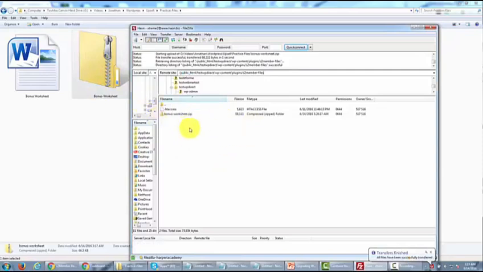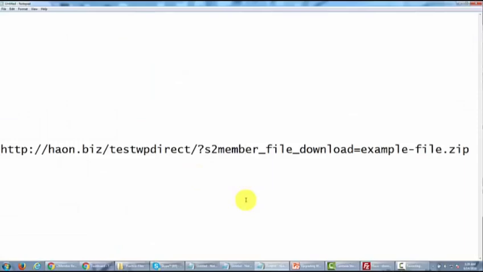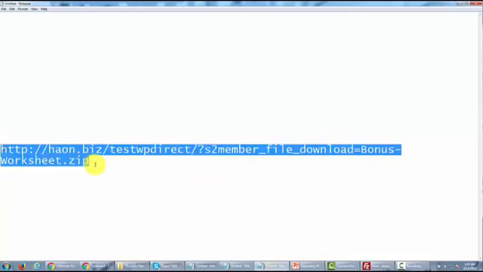And so now that folder is on our server and it's called bonus-worksheet. So now what we need to do is name this link according to the convention that we talked about a minute ago. If you recall, we said that we needed to name the file according to our URL, according to that directory, with these words, and then instead of example file, we're going to put in the name of our file. So now we have the file, and it is ready to be uploaded using bonus-worksheet instead of example file. So what we're going to do is copy this